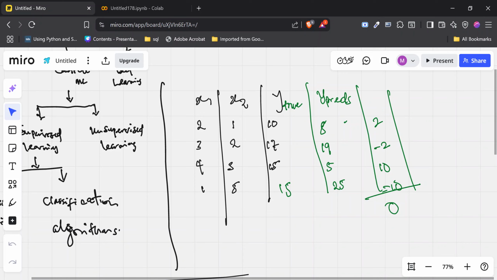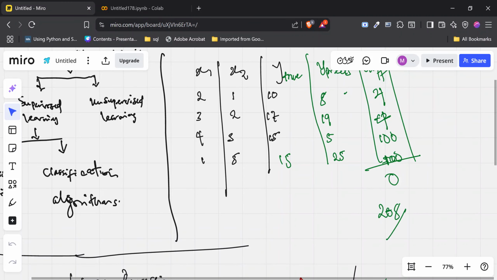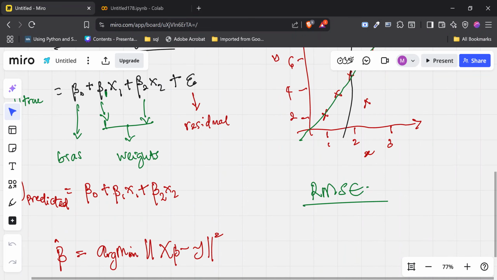We square this difference. So we call it diff. We square it. So if we square it, it removes that problem. So that means this is going to become 4. This is going to become 4. It's going to become 100. This is also going to become 100, regardless of the value. So if we add all of this together, 4 plus 4, 8, that is 208. Then we can now have 208 divided by 4 and we root it. And this value is going to be what gives us the true error rate. And that is what we call the RMSE that we are finding here.